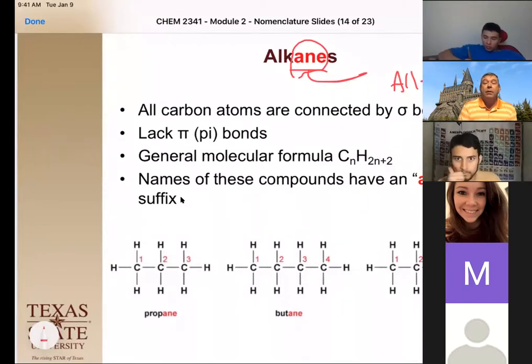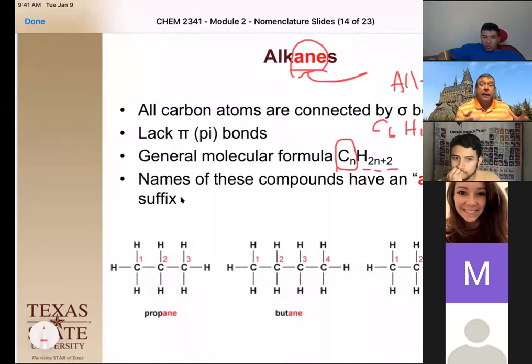So they are all bonded to 4 other things, okay? And so the generalized formula for that is CnH2n+2, meaning that however many carbons you have, you're going to have 2 times that number plus 2 hydrogens to make that general formula, okay? So if we have 6 carbons, a C6, that means we're going to have 6 times 2, 12 plus 2 is 14. So that's the simplest system we can have as far as an alkane goes, okay?